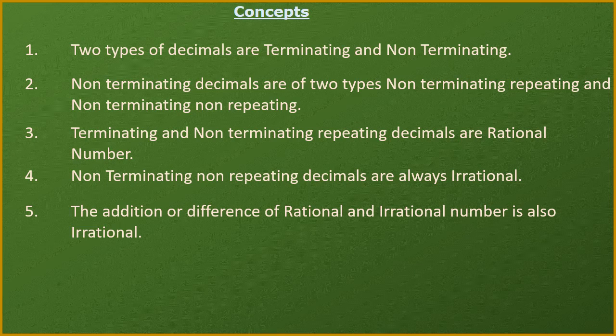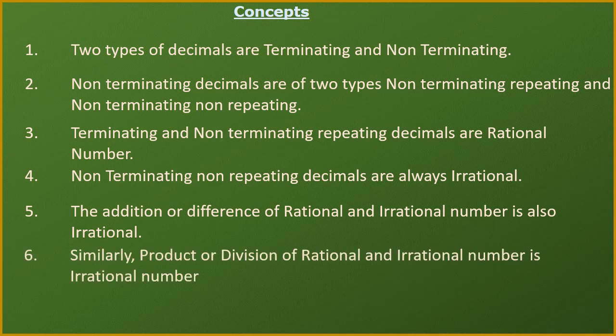The same fact is applicable if you take two irrational numbers also, and if you divide them or multiply them, then also it will become an irrational number only. For example, if you multiply 2 with root of 2, which is a square root of a prime number, it will be an irrational number. If you multiply 2 in that, again the result will be a non-terminating, non-repeating number, and hence it will be an irrational number. So let's begin with the questions now.